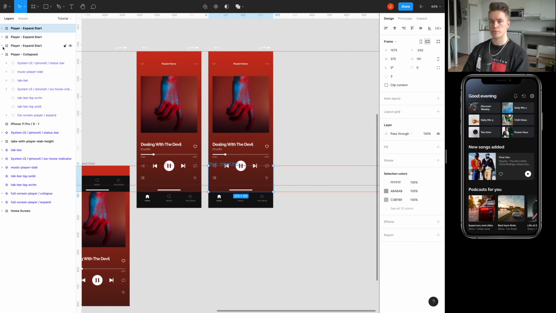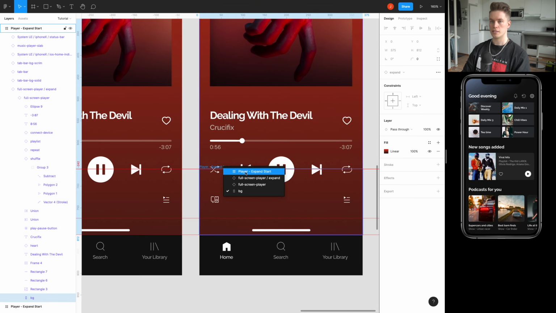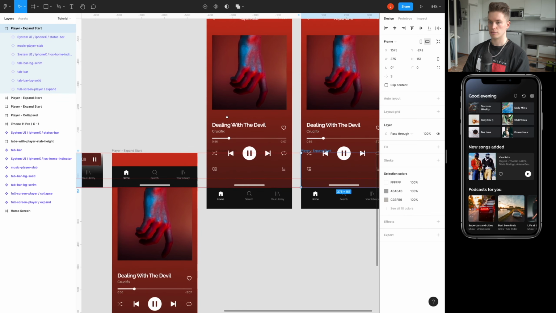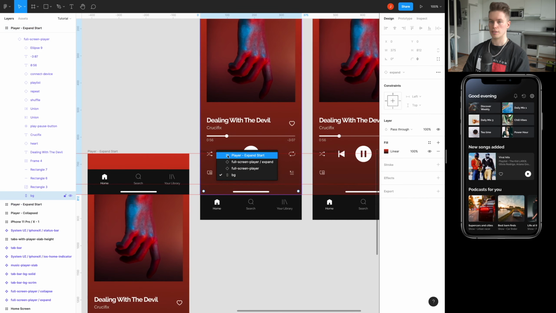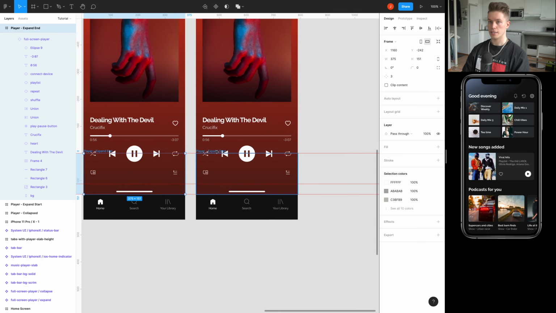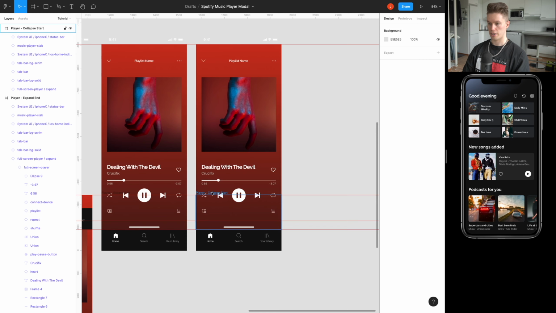But first, let's collapse these other frames and select this. Actually, did we forget to rename this? This is, come on, expand end. And then this is not expand anymore, but it's actually the collapse start state. All right, so now that we have this third frame here,